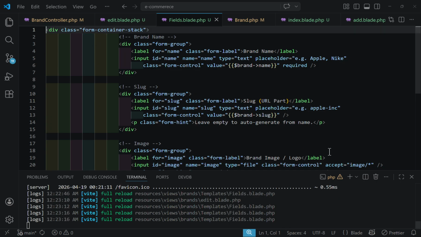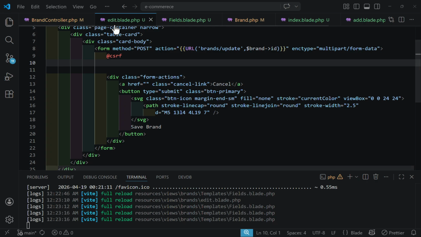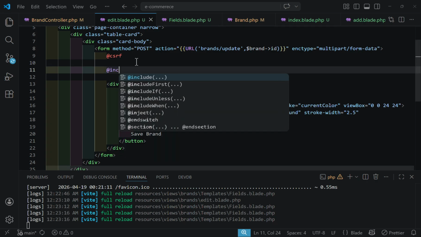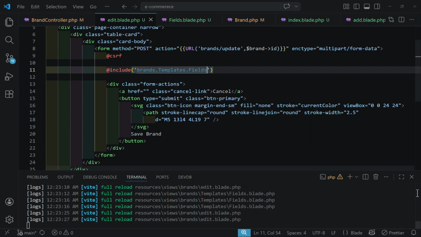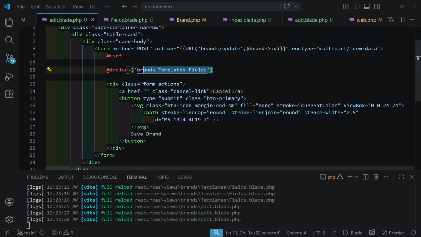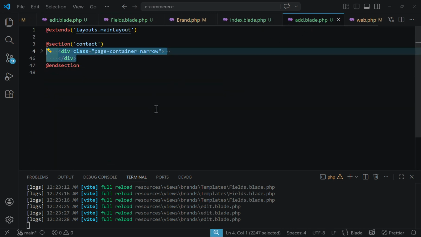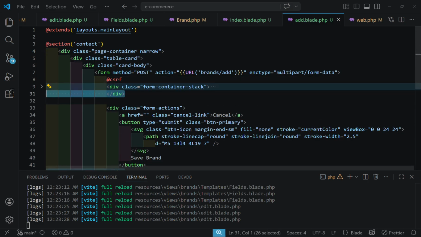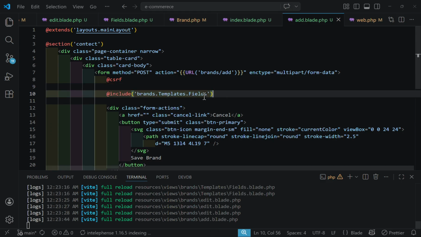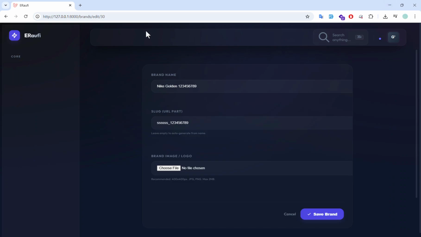So now inside the edit, we will just call include, then our fields in here. That's it. Now let's do the same thing inside the add also. So let's copy this and remove all the input fields from here, and paste it here. Now let's go back, refresh. Now as you guys can see, nothing has changed. We still have our input fields inside our edit page. And if I go inside the create page,